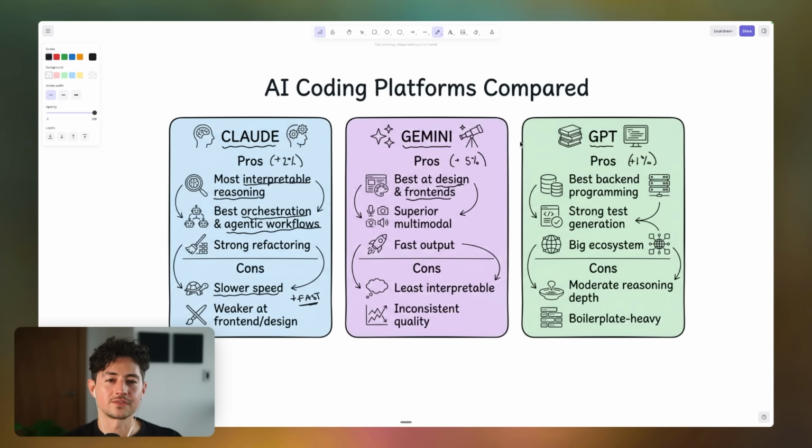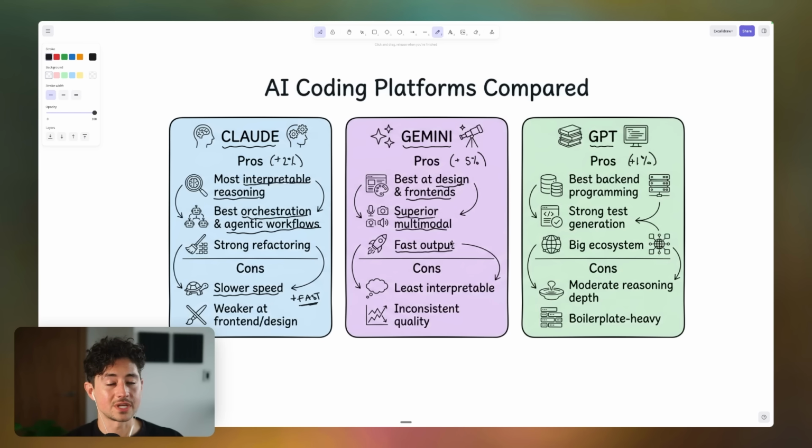Well, in general, I find that this pattern remains the same. Anytime I want to design a really clean front end, I'm going to use Gemini for that. It's also got superior multimodal abilities. That just means there are actual endpoints using the Gemini API where it can understand video. Right now, Claude and GPT both really struggle with this, although you can build custom pipelines to do that, which I'll show you guys.